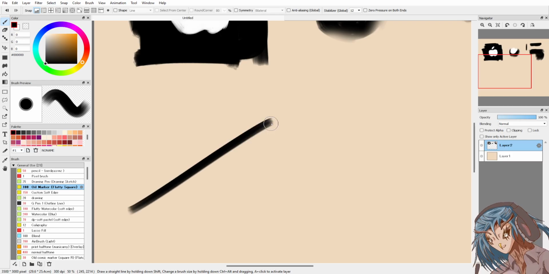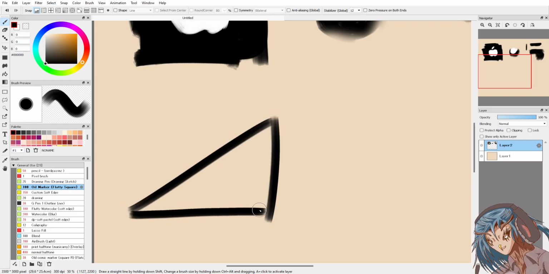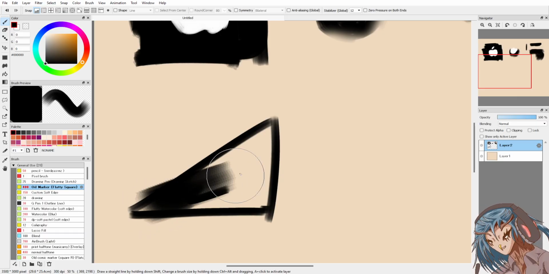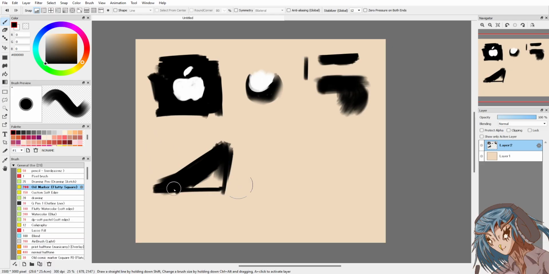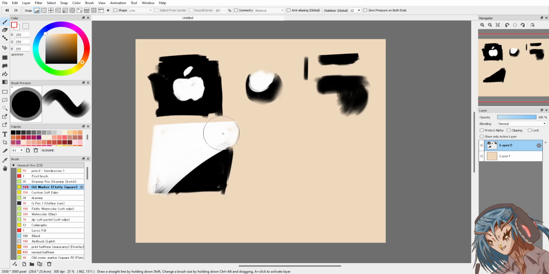So what we're doing is essentially blocking out the big shapes. I should use a bigger brush. I should also not zoom in so much, because we're just looking at the overall structure of an image, and you'll probably see me doing this once we get into it. I can use a bigger brush as well.